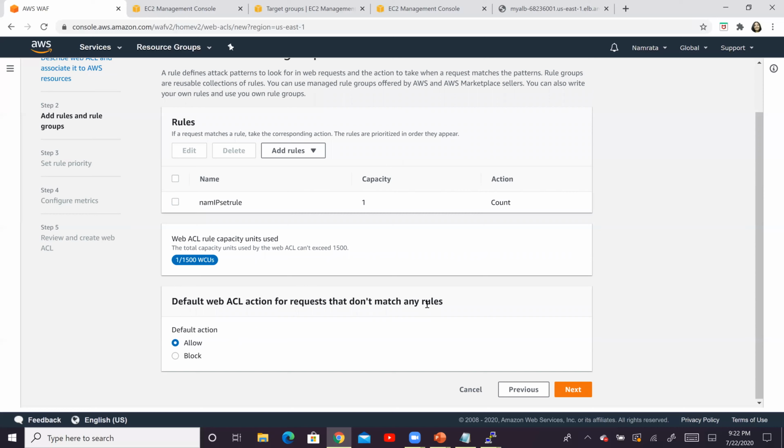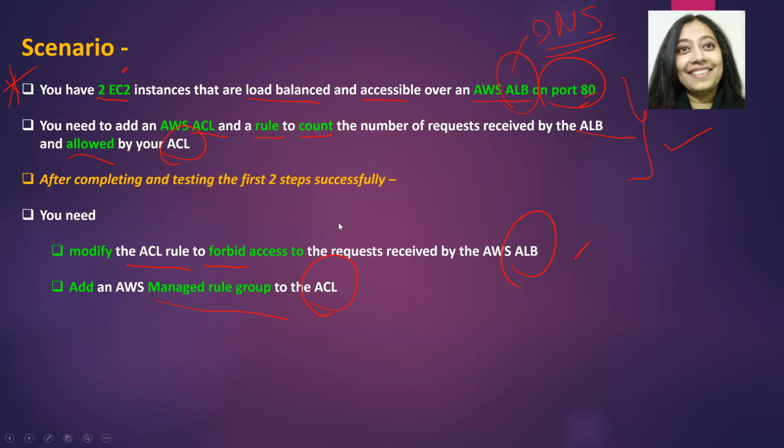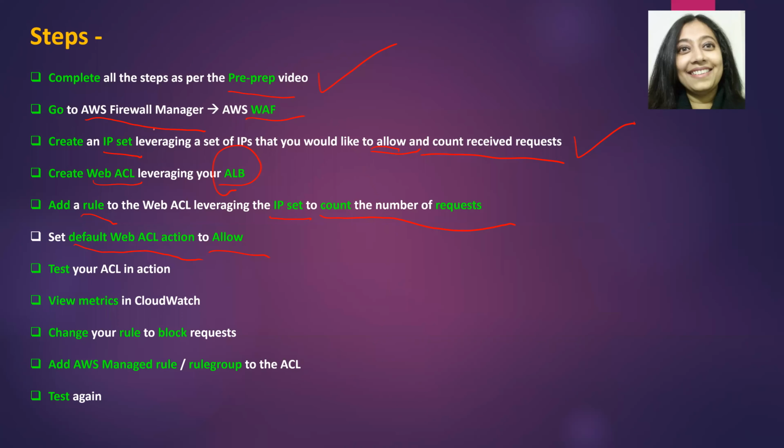And what are we going to do? So remember, as per our scenario and as per the steps, we have to count the number of requests received and allowed by your ACL, right? So what we are going to do over here is we have set the count condition for our rule, and now we have to set the default action for our ACL to allow.